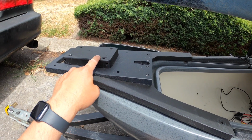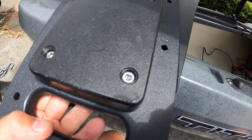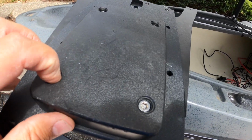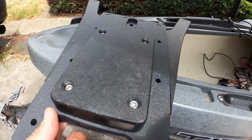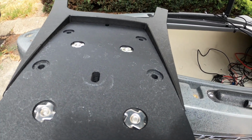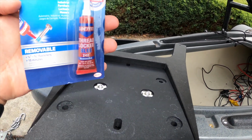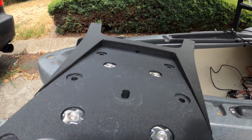Instead, I installed the puck already. The stock bolts that came with this are supposed to thread through. I had to countersink a little bit of this because I couldn't get them to reach all the way. As you can see right here on the back, it's barely grabbing it. I also got something else that I need to redo on this. I'm gonna go ahead and add some thread lock just to make sure that stuff doesn't come loose